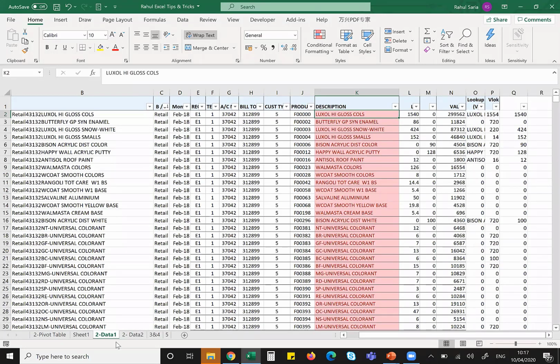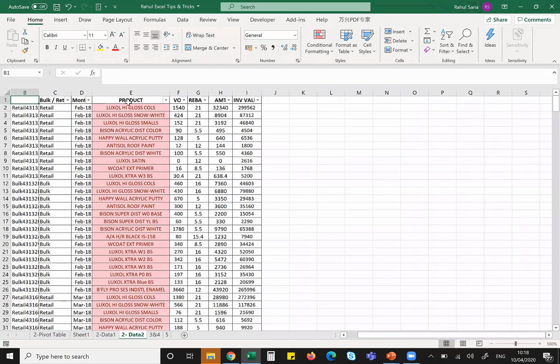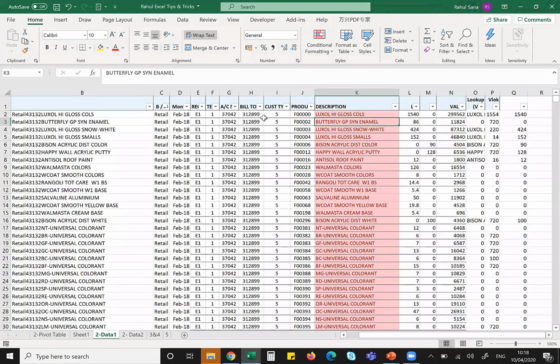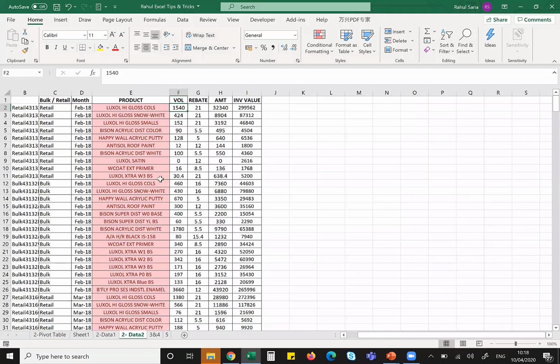And I have another sheet which again has a lot of products. Now this sheet has the product. I'll remove the filter for you so that you can view it. I have a lot of products. Against that, I have the volume of each of the products, right? Now, if I want to match whether the volume here, that is in liters, is the same in this sheet or not, how do I do that?